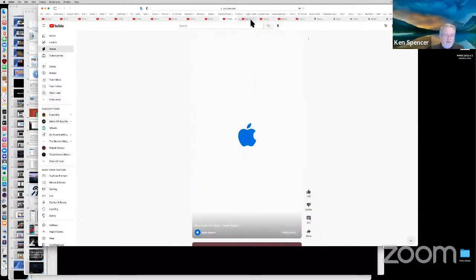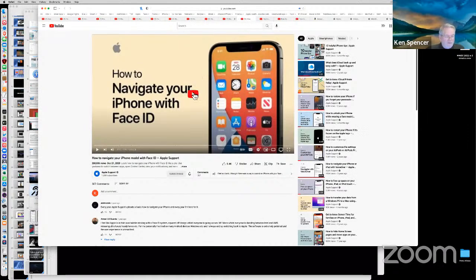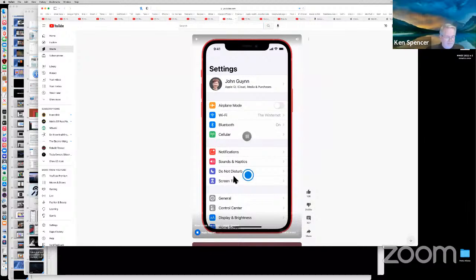So, Live Listen uses the microphone in your iPhone or iPad to pick up audio and send it to your compatible headphones. Here's how. In Settings,